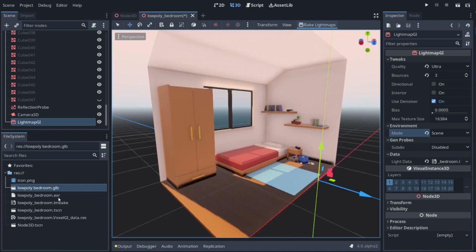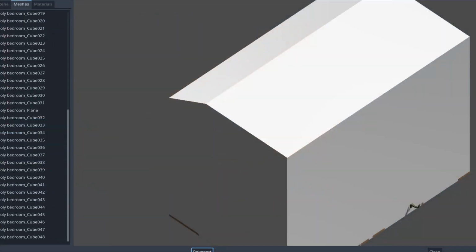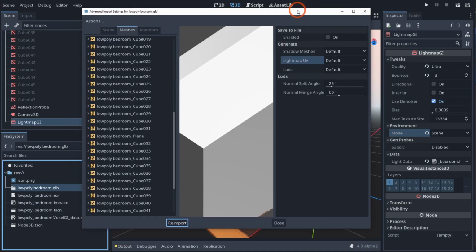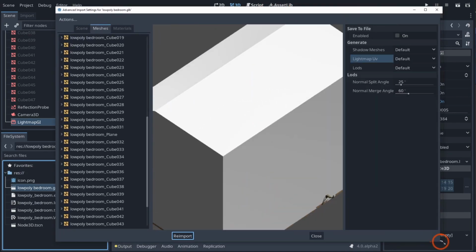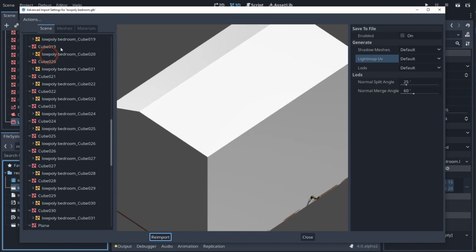Now, the next other big feature that we're going to highlight is the new importer settings tool. So if you bring this up, you can see that it allows you to do all sorts of really cool stuff. So if I click on here, you can see that I have these actions, so I can extract my materials, I can save my animation paths, my mesh save paths. Now, one thing that I would suggest that I've noticed is if you